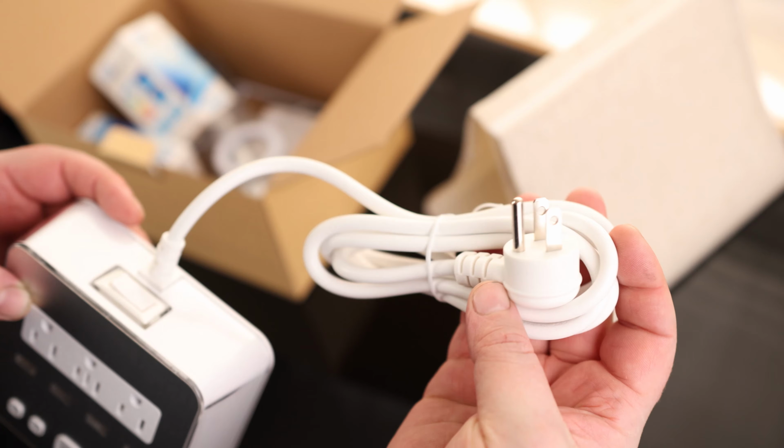Today I'm taking a look at the table lamp. So here we got our base, and this is probably the main reason that I wanted this lamp, just because I wanted something that, A, has a bunch of outlets on it so that I can plug in my phone and whatever else I'm going to have on that table, but also because it actually has physical buttons that